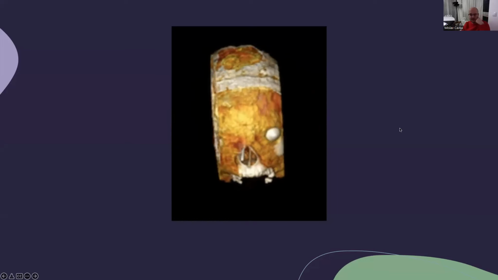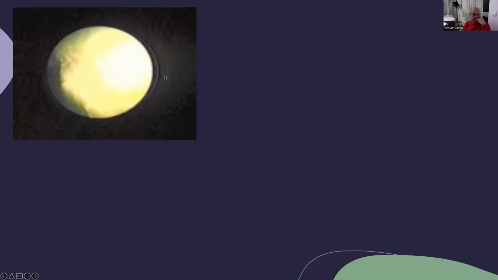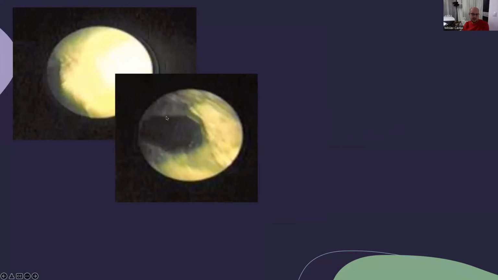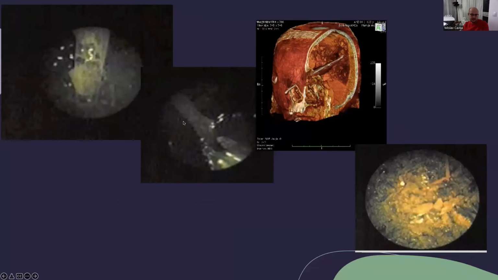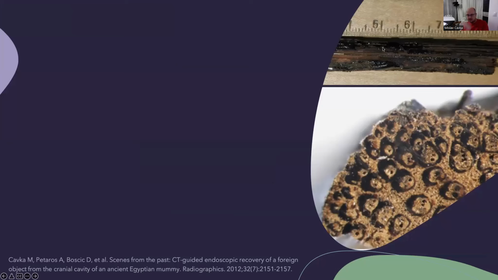to use it simultaneously in paleopathology, which gave us the combination of two views: classical endoscopic view, so we can here see the ethmoid bone removed even 2000 years ago, and combination of CT guidance, which is useful for minimalization of the surrounding damage. So we took out this wooden stick, and with the analysis from Faculty of Forestry, we got the results. It is a stick of the palm